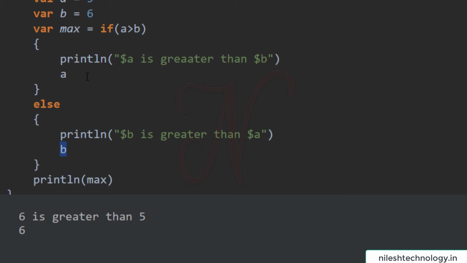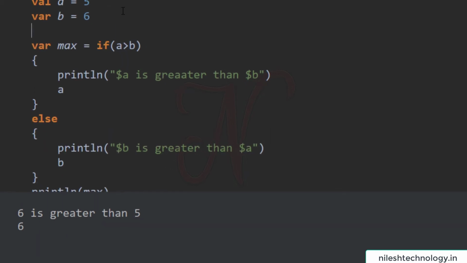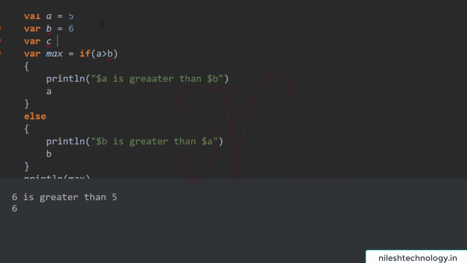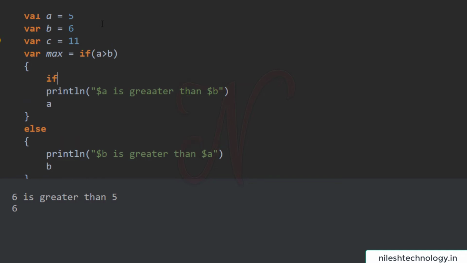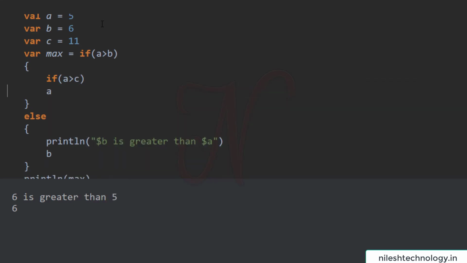So next one is the nested if else. Like other programming languages, Kotlin also has the option to define a nested if else statement. Now let's see one example to find the maximum of three numbers. Here a, b, and one more, c equal to 11, and here max equals if a is greater than b, and here one more if statement, if a is greater than c, then here maximum is